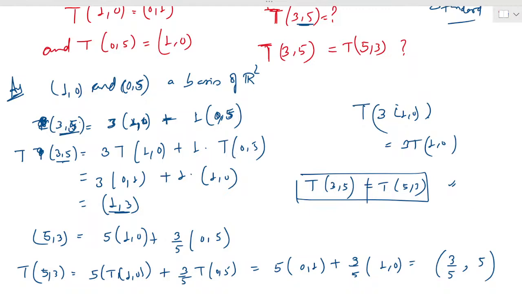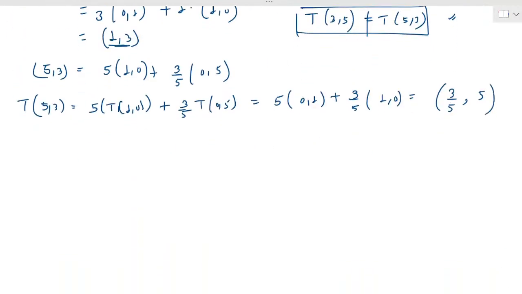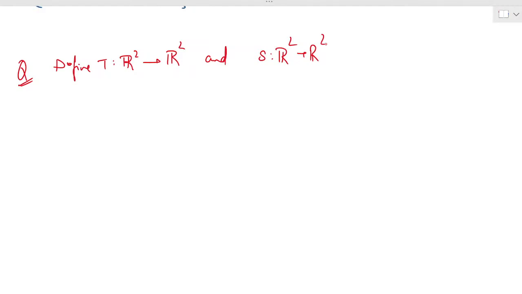Okay, now let us take another question about linear transformations. I'm defining two functions now. I'm not saying linear right now. Let us first find whether they are linear or not. Let us define T from R square to R square, and S from R square to R square. Now I'm going to write it in matrix form, so I'm going to declare a column vector here, which is equal to 2 times